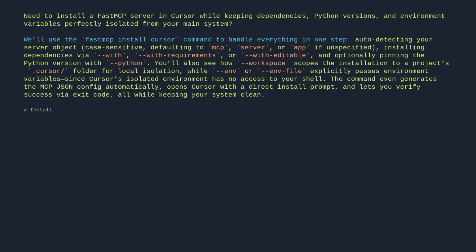# Install to current directory's .cursor folder. fastmcp install cursor server.py --workspace . # Install to specific workspace. fastmcp install cursor server.py --workspace path/to/project